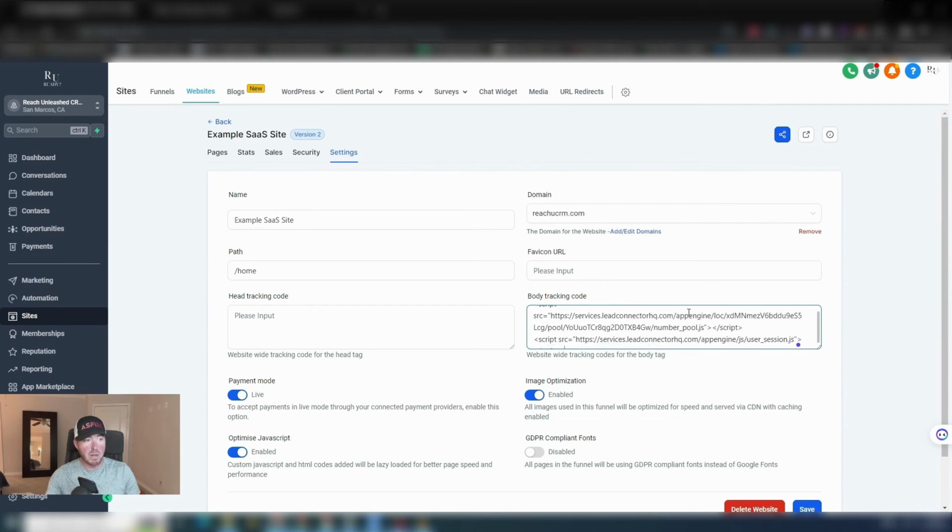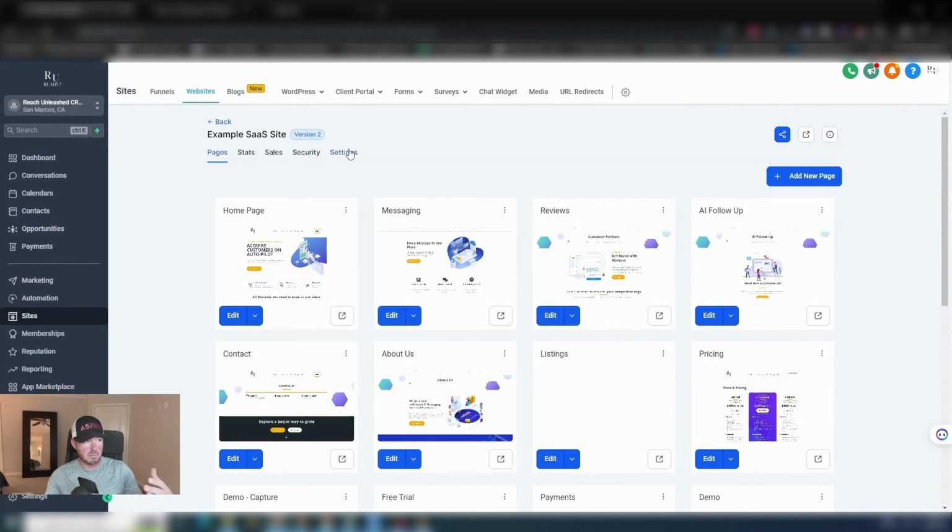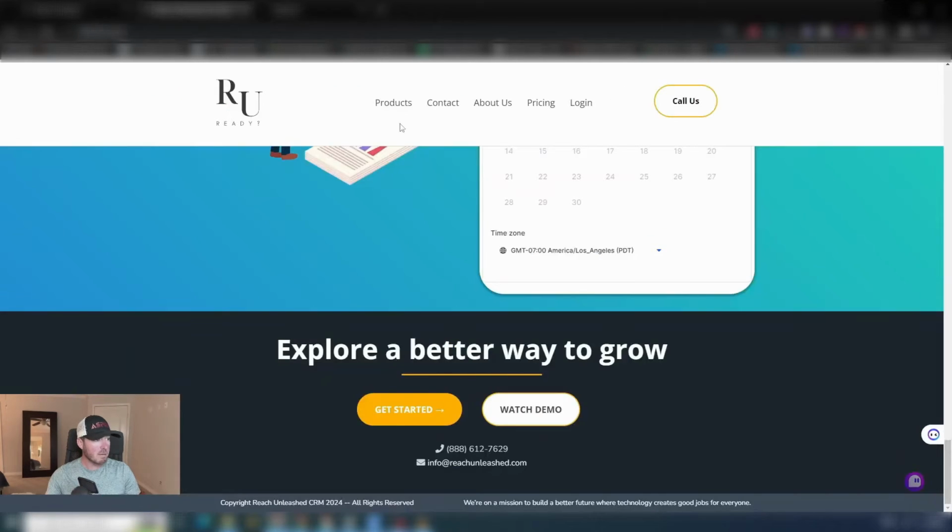All right. Now, if I save this with the JavaScript, which I'm going to do right now, now you have your number pool set up on your site. It's that easy, right? So you just add it in settings. Now it's basically site-wide settings. Have the JavaScript of your number pool right here on site. And so now if I go back here, and you remember 888-612-7629 is the normal number. If I refresh this page,